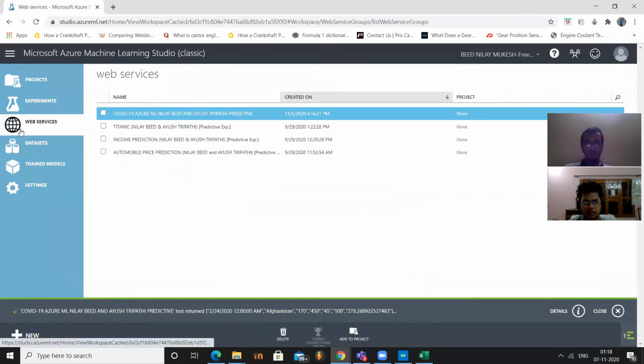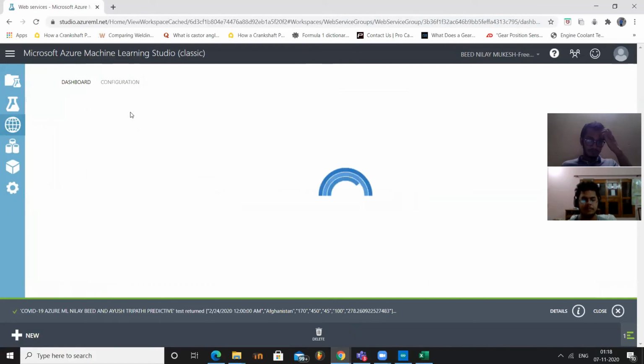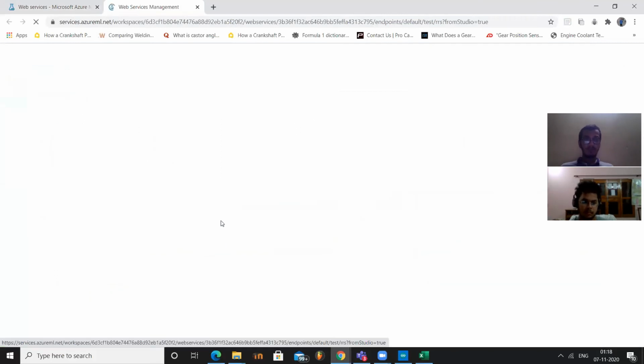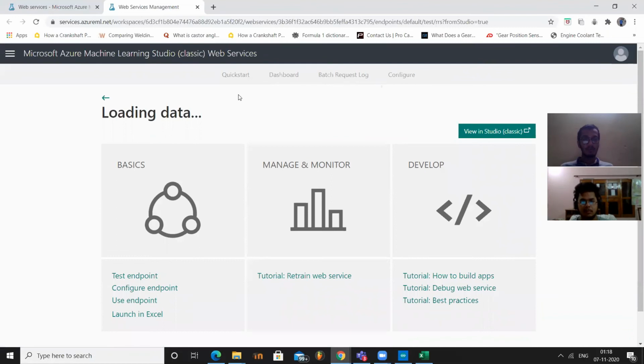And in this web service portal, this test button was just for the user who is creating, but this test portal is for everyone who wants to test their data. This is the public dashboard which anyone with the link can see.